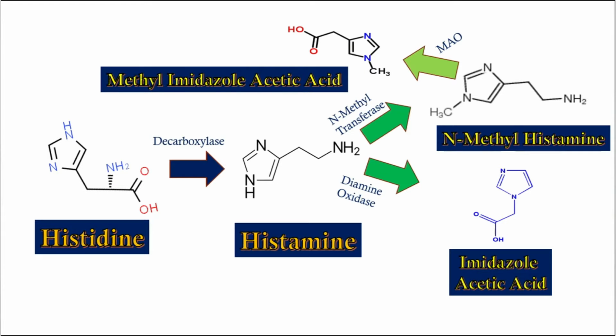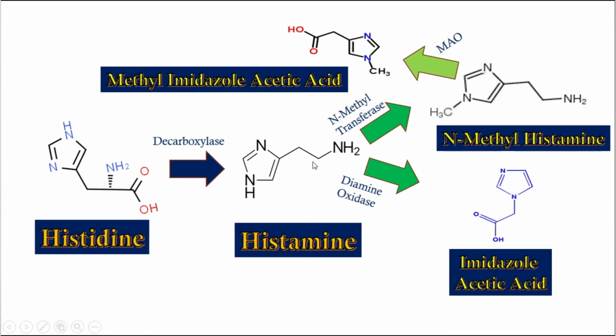So here is the process of synthesis and destruction of histamine. Very first, histamine is synthesized from histidine. This is the structure of histidine. In the presence of the decarboxylase enzyme, there is decarboxylation of histidine and ultimately it produces histamine. A very simple one-step reaction: removal of the last carboxylic acid by the decarboxylase enzyme, and it produces the simple structure